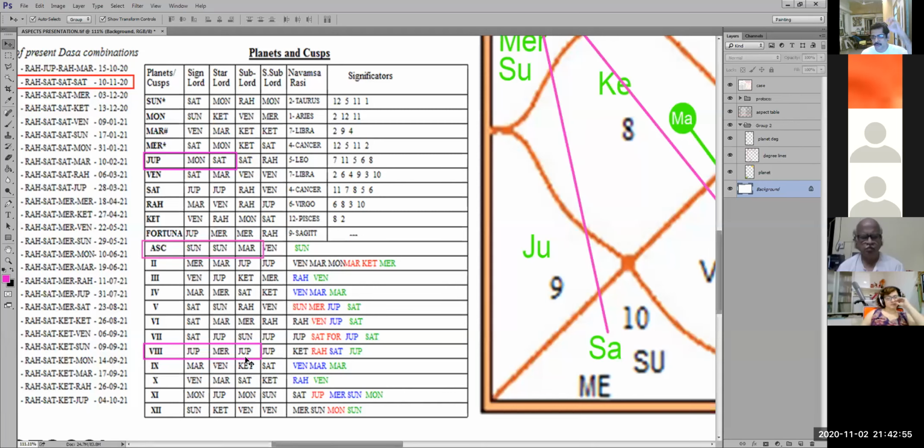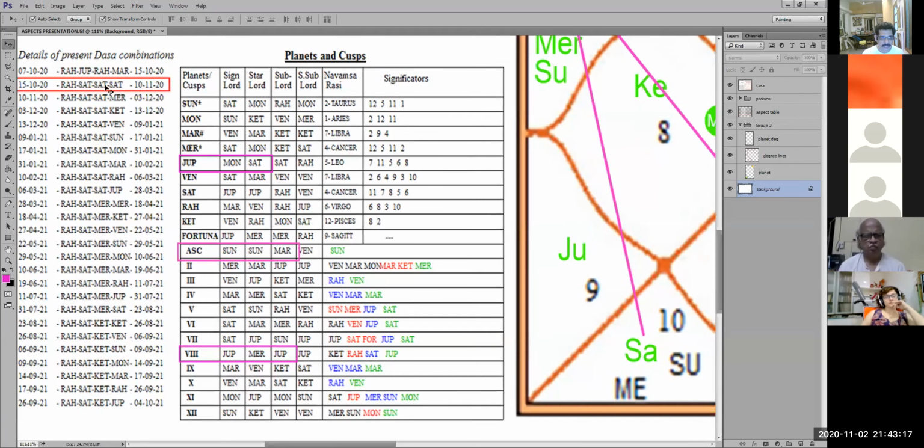If you remember the 4 things, when the bomb falls on it, the house gets hit, the planets get hit, the Rashi Lord gets hit, and the Cuspal Sublord gets hit. बराबर, bomb का जो मैंने photo दिया था वो. So basically, your Jupiter, which is the Rashi Lord, has got active. 8th house has got active. Jupiter का नक्षत्र Lord result देने वाला कौन है? Saturn. Saturn anyways is on in the dasha, so there is no doubt about it. Person is in problem, so if the first house का Cuspal Sublord is on, that is Mars. So Mars and Saturn, ये दोनों सामने आ गए. That's the end of it.